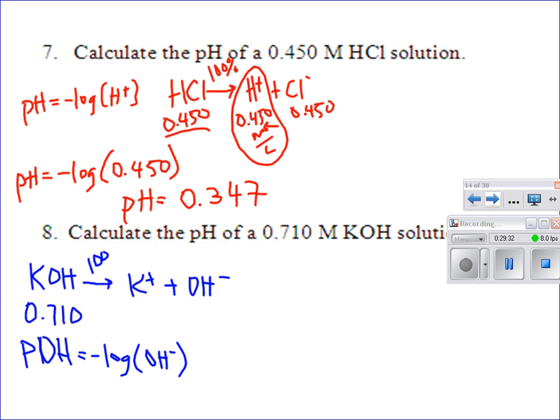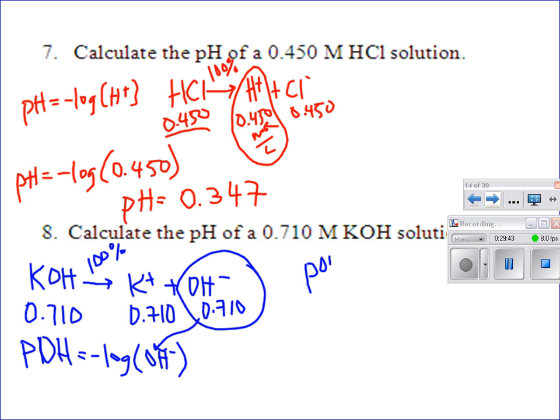That 100% dissociates in solution, and so we have the same concentration for each of these. So I plug that into there, and I end up with a pOH of 0.149. Is that what the problem's asking me for? Nope, the problem wants pH. Subtract from 14 and I get